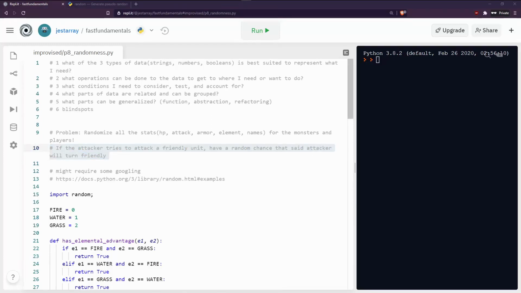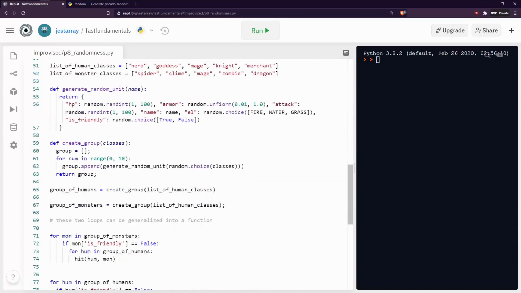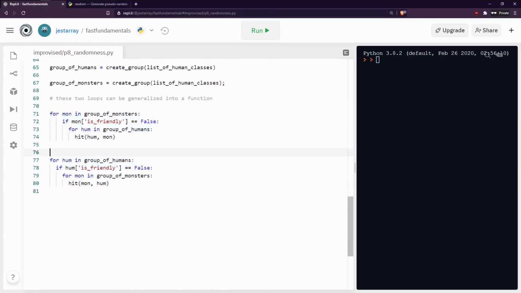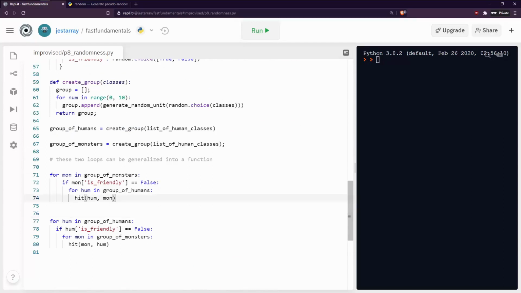If the attacker tries to attack a friendly unit, have a random chance that said attacker will turn friendly. Alright, so really this is an exercise in here. What conditions do I need to consider to test and account for? And it's like branching. So most of the attacks start here. And what we want to do, of course, is to make sure that when we attack someone that's friendly, we're not even trying to attack someone that's friendly, but if we see someone that's friendly,